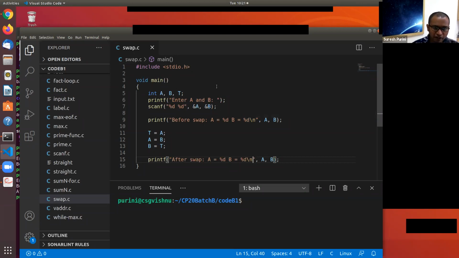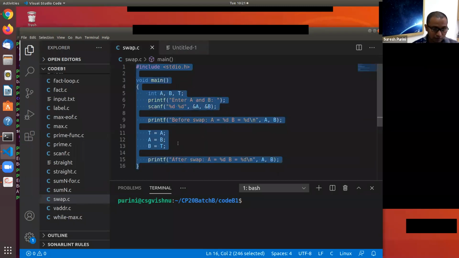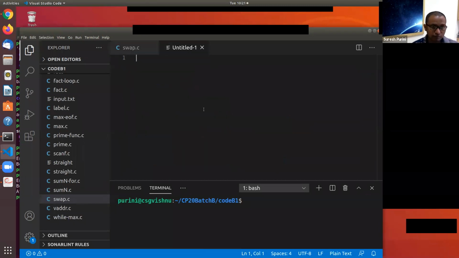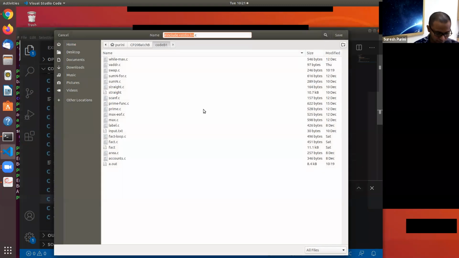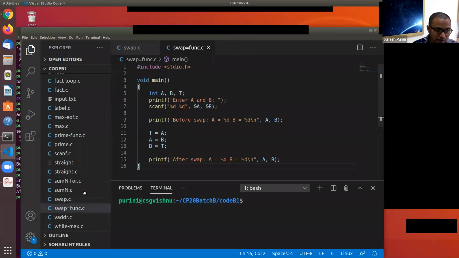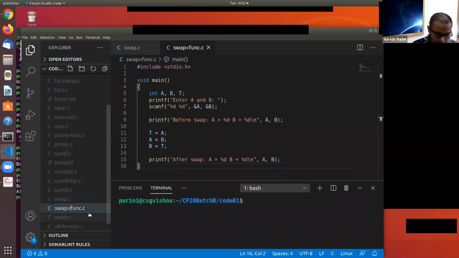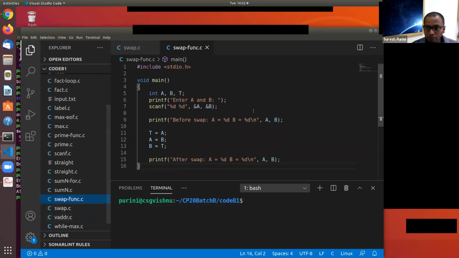So we want to make a function out of this. Swap function. Great.